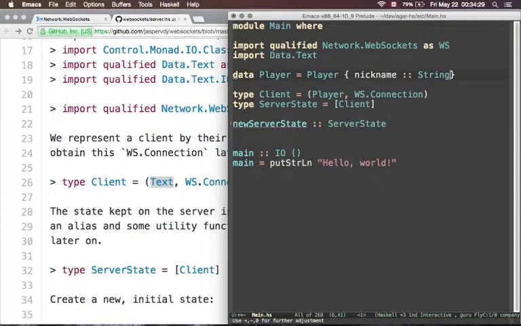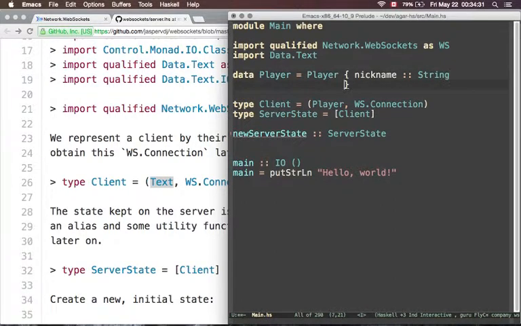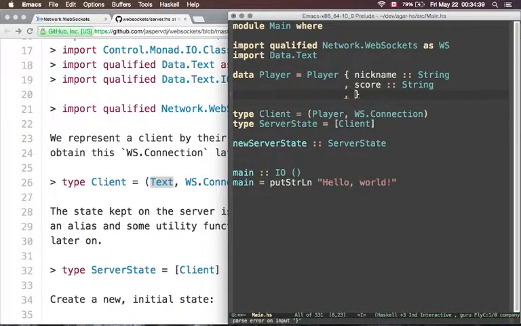It's really hard to see. What else? A player needs a score. A player needs a mass. Oh no, that should be an int. So int is short for integer. So it can be like,